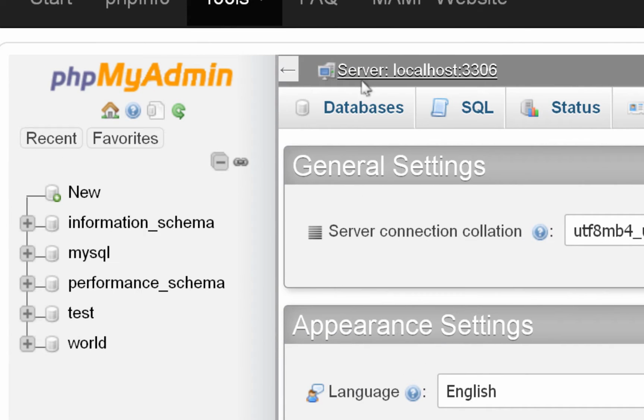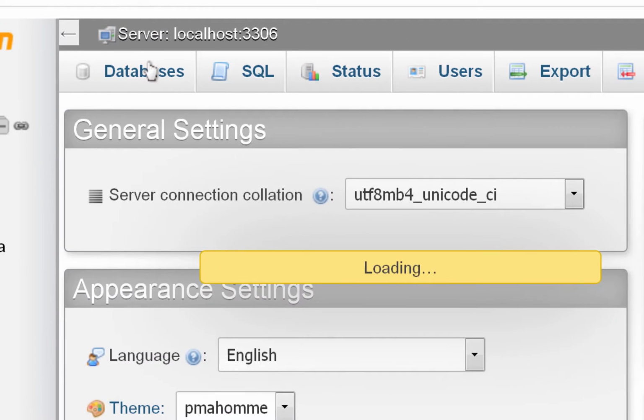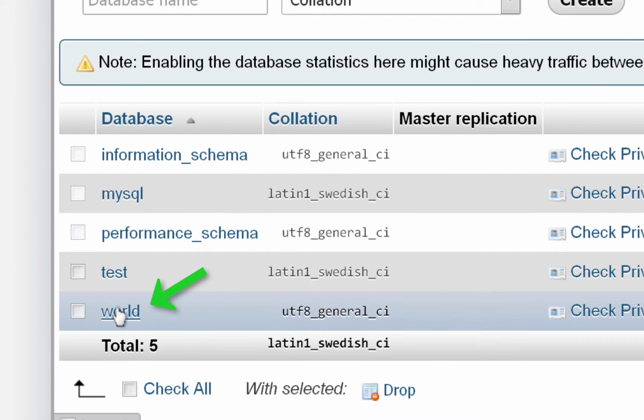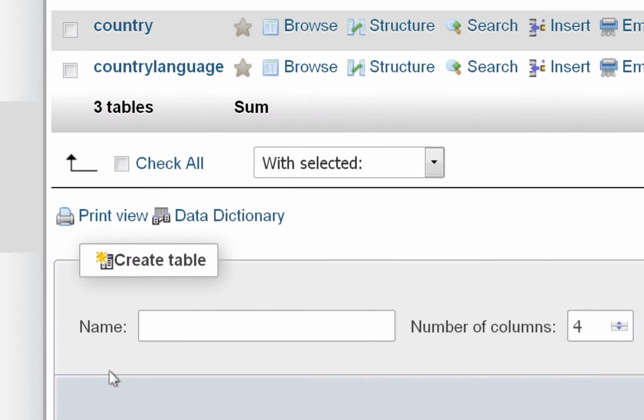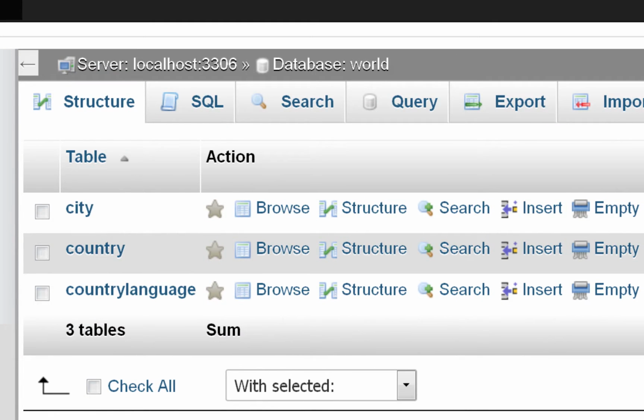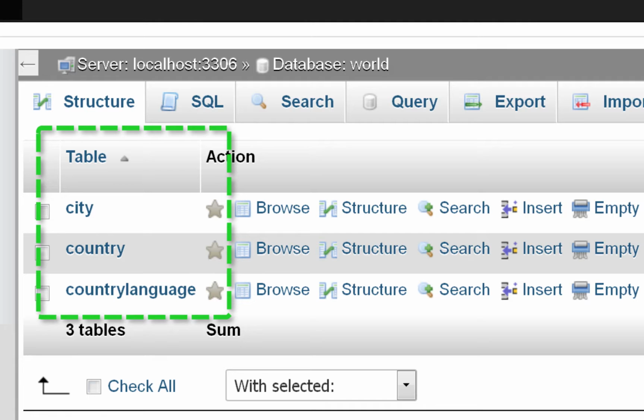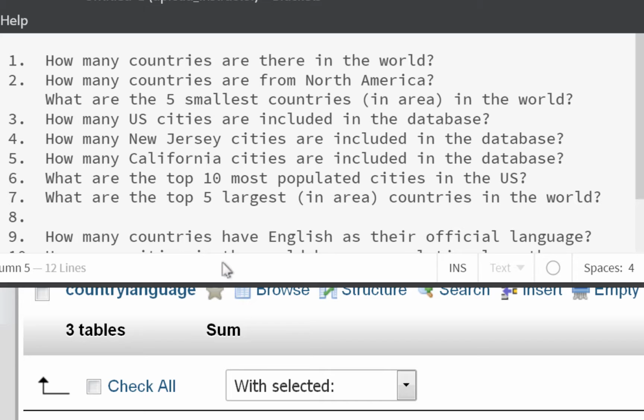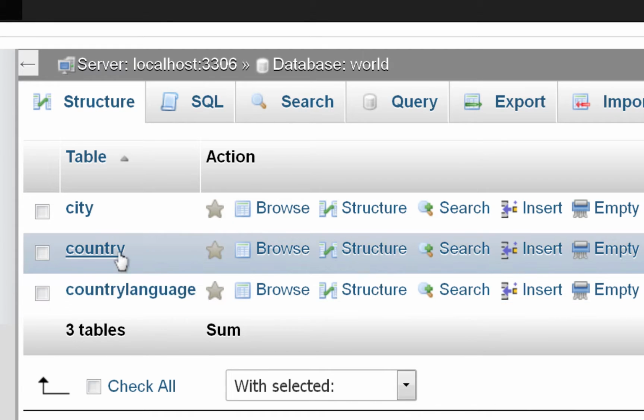Remember, you can click over here, but I'll click here to go into my databases, and then I'll select world and make sure that I have world selected. And remember, there's 3 tables: city, country, and country language. I have some notes here I'm just going to look at, and I'm going to look at countries first. So I'm going to take a look at the countries table first. And when I click on the country table,